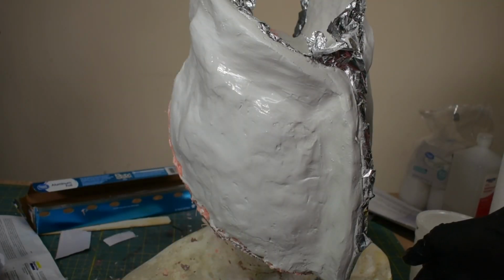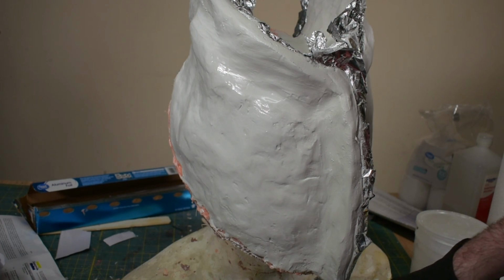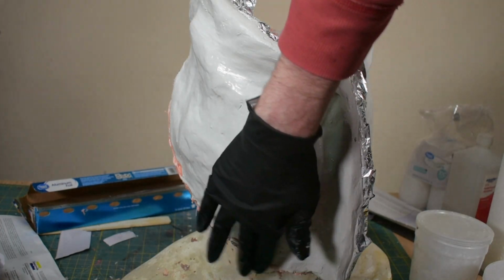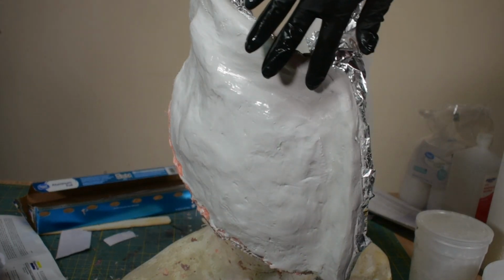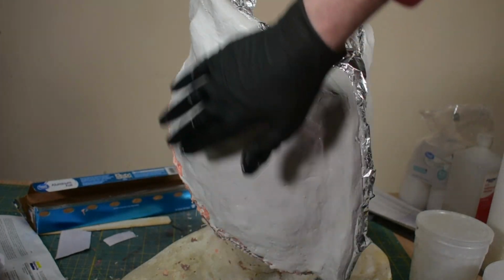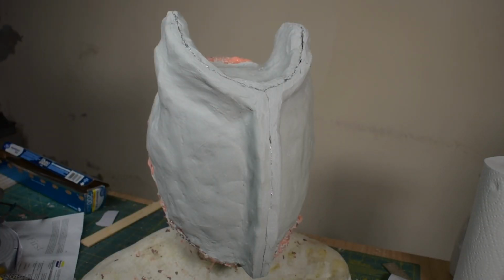I didn't show this much for the previous sections, but after putting the freeform air on there, I've been dipping my hand in some water and then just smoothing it out, just to make it look nice and so that there aren't any jaggy bits that are going to poke me later when I try to eventually cast this in resin. The freeform air should be fully cured now, so now it's time to attempt to crack this thing